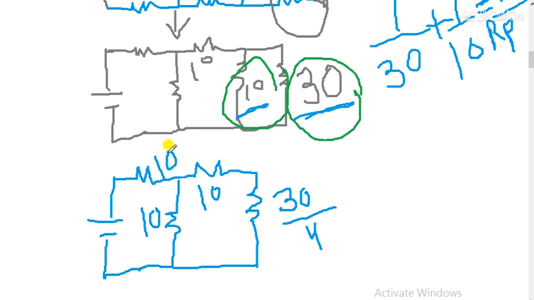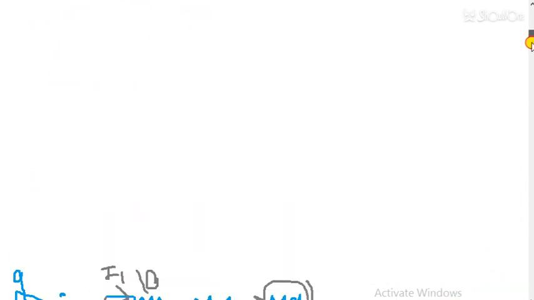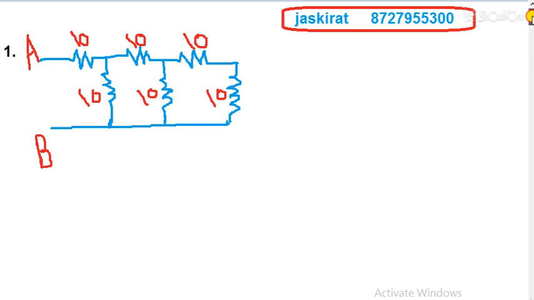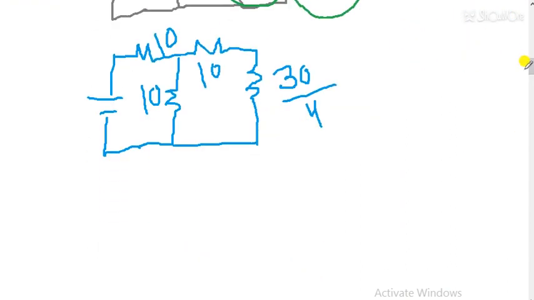Students, watch the video carefully. In the last 15 minutes I will discuss two such type of questions that are very important for CBSE. These questions are also important, but those questions are extraordinary and very important. So till now we have discussed the first question whose answer was 130 by 8. 130 by 8 was the answer of question number 1. And now we are solving question number 2, and up to this point we have solved.